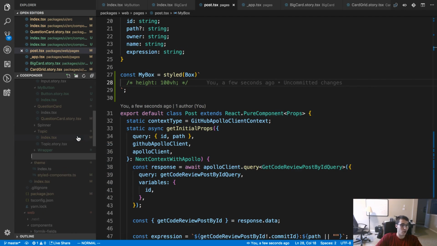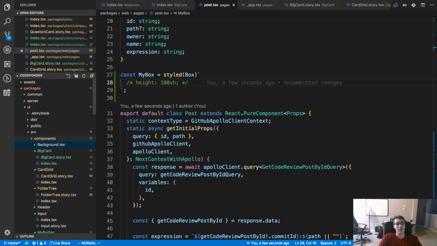So I'm going to create a new component, which I'm going to call background, because that's really what it is.